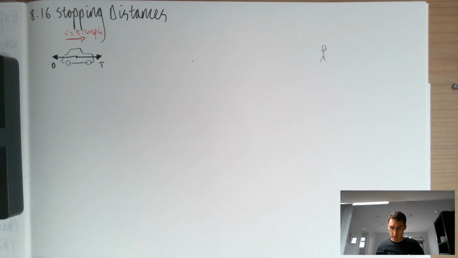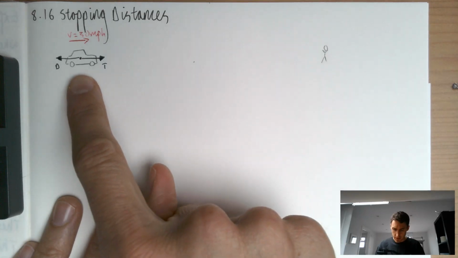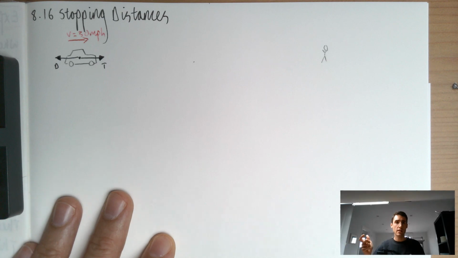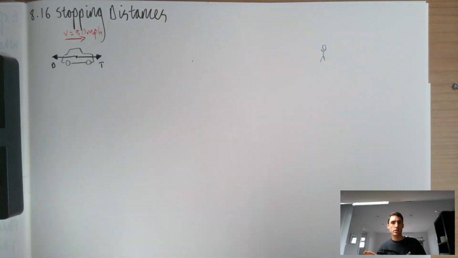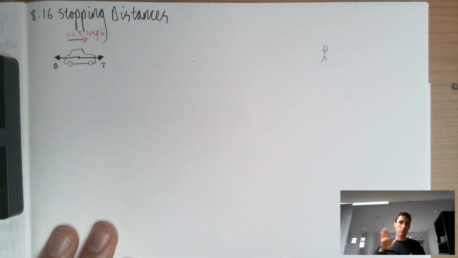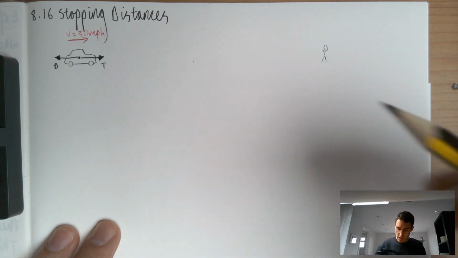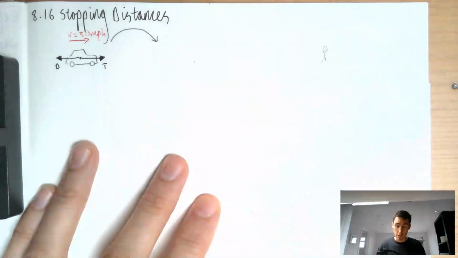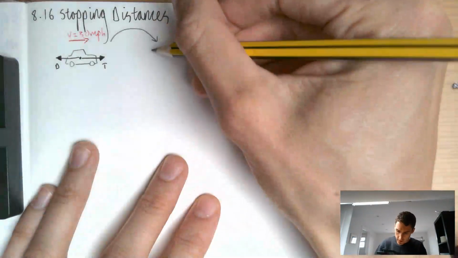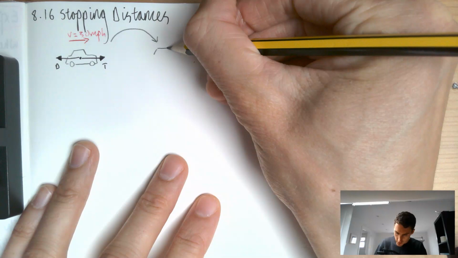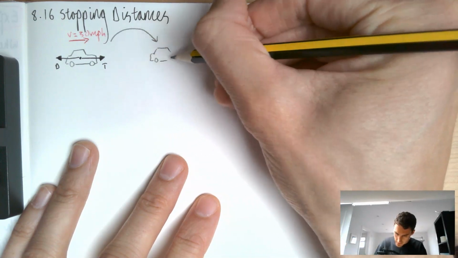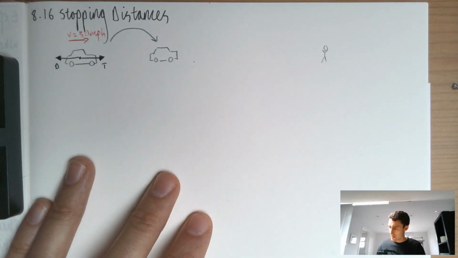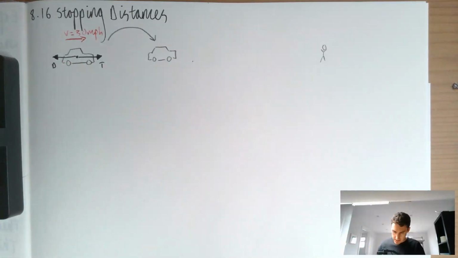Now, what we need to explain to students is that there's a little bit of time between the driver seeing the hazard and the driver managing to take their foot off the accelerator pedal and put it onto the brake pedal and hit the brakes. So after a short amount of time, which I'm going to label like this, we'll have the following scenario. So let's draw our car again. If you don't want to draw a car, if you want to draw it as a little box, that's absolutely fine. Now at this point, after let's say 1 second,